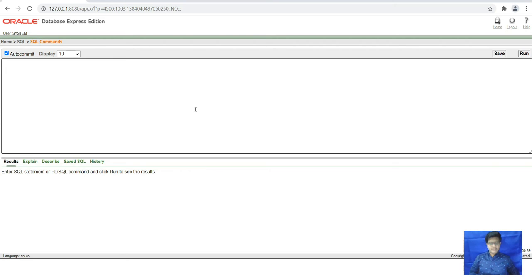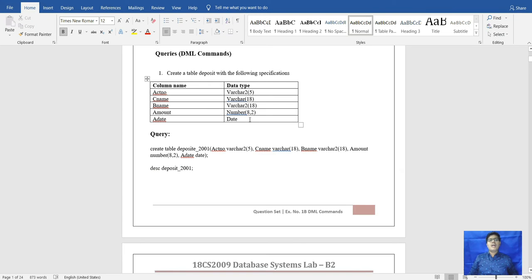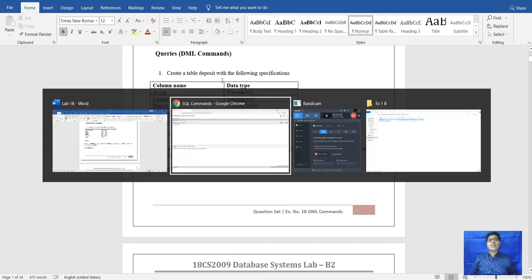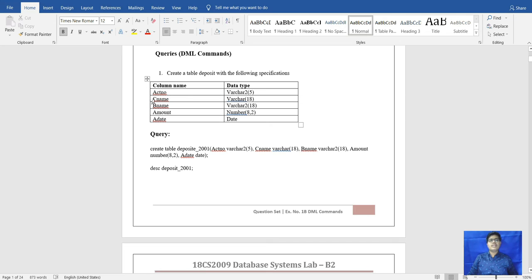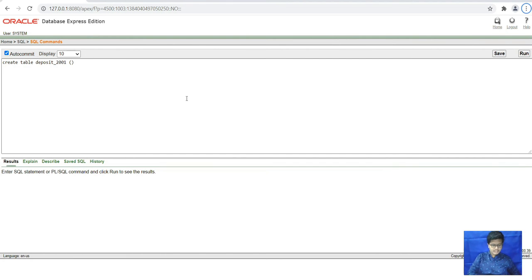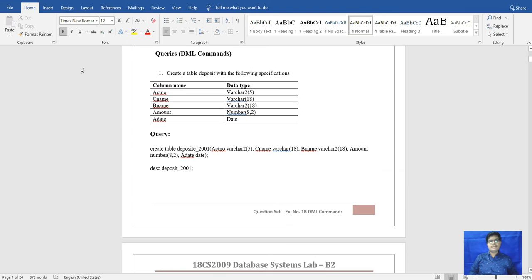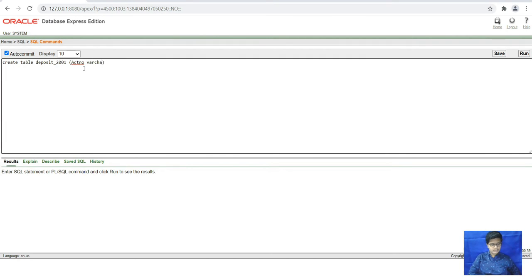The command for creating a table is create table. After that we create the table deposit 2001. I am writing my register number, 2001. After that, the first entry is account number, varchar of 5.